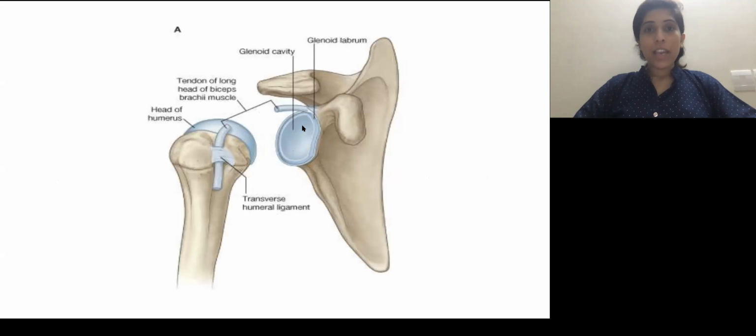In the previous lecture, we saw the static stabilization of the glenohumeral joint. During the resting position, when the arm is in the dependent position, the structures which support the glenohumeral joint are the rotator interval capsule and certain ligaments, that is the superior glenohumeral ligament, coracohumeral ligament, and superior capsule. These three structures are included in the rotator interval capsule, and that helps in static stabilization.